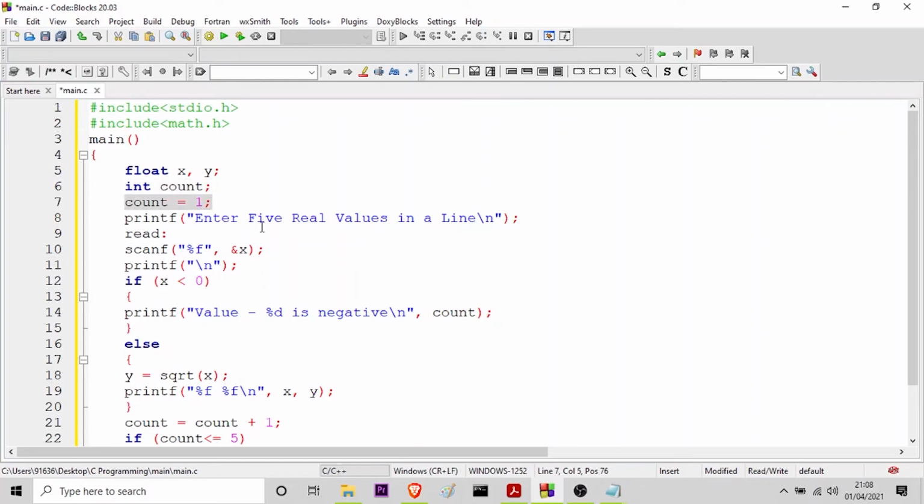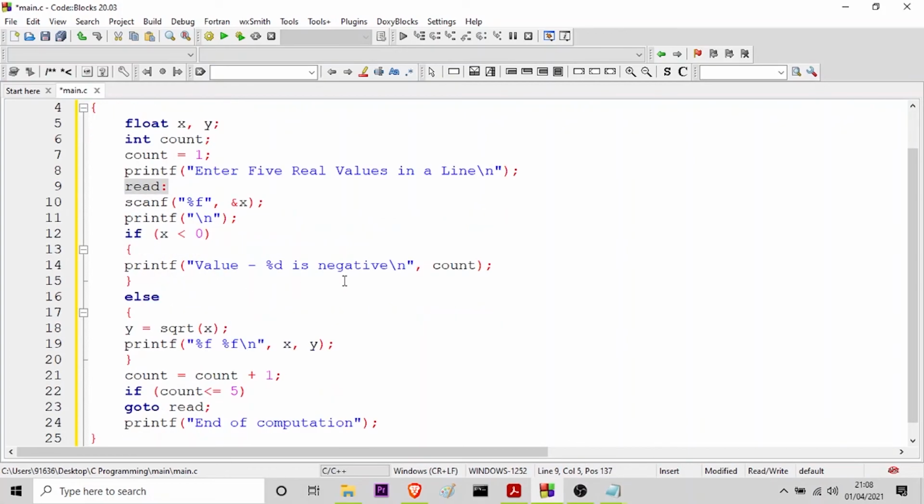And then I am telling the user to print 5 real values in a line. Then I am putting a label read, and then I am taking user input of the 5 real values. So that we are not confused, I have put a slash n here so that the control will go to the next line.